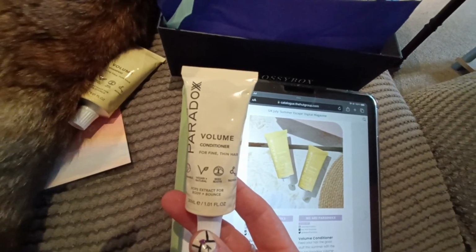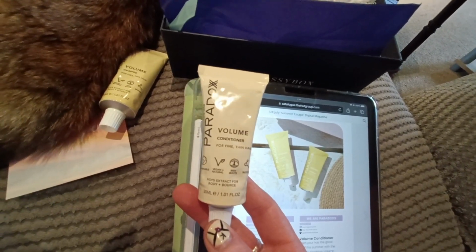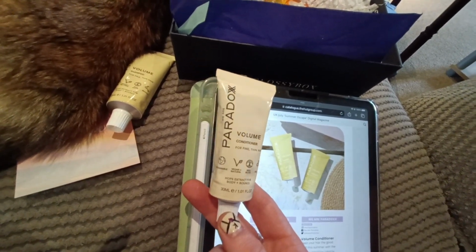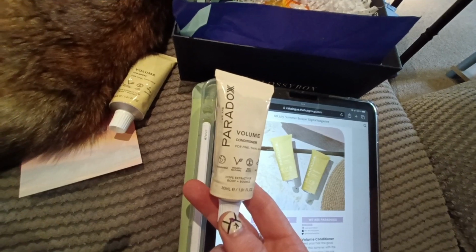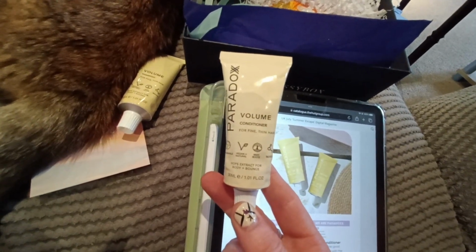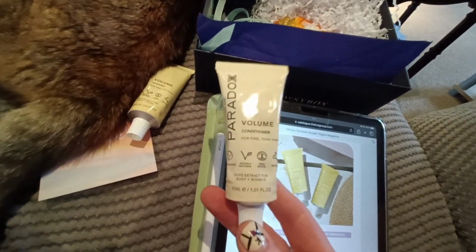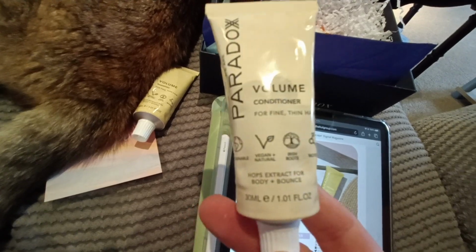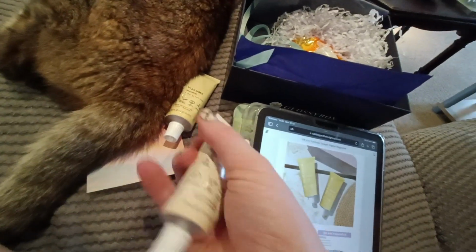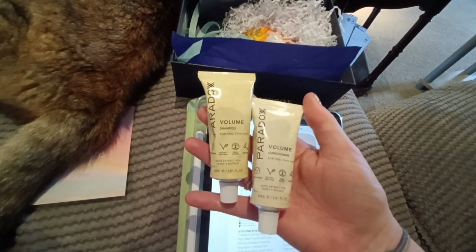So the conditioner says, feed your hair the good stuff this summer with the We Are Paradox Volume Conditioner, infused with hops and white nettle. This conditioner helps promote the look of fullness, while the conditioner's other golden elements, consisting of hazelnut, coconut and matcha green tea, help your hair create a jaw-dropping shine. Okay, all that sounds absolutely lovely, actually, so I'm not going to mock this one quite as much. This is also a deluxe size worth £9.25, which again is ridiculous because this is the same 30ml, 1.01 fluid ounce, blah blah blah. But yeah, these 2 together, maybe I could see for a tenner. Separately, that's a lot for what is essentially a travel size